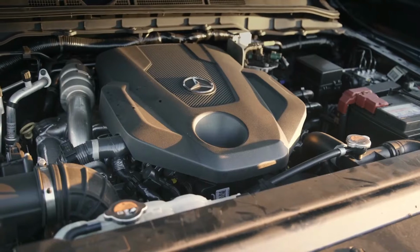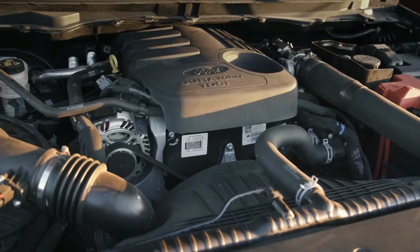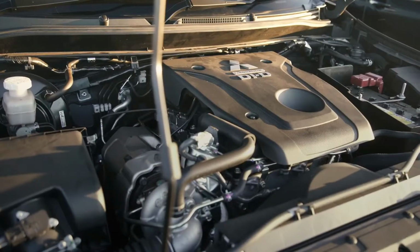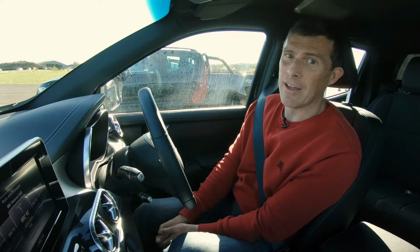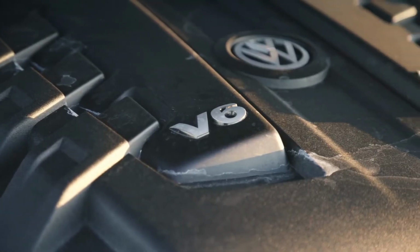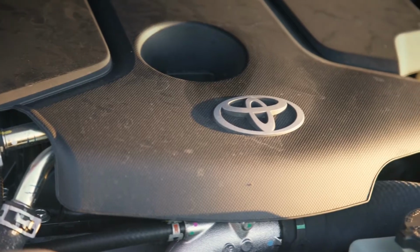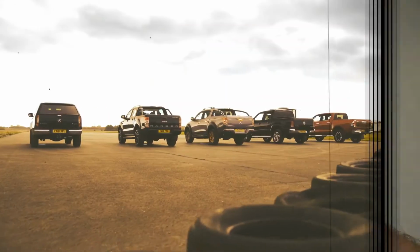Now, I've got a 2.2 litre diesel engine with 190 horsepower. That's also got a 2.2 litre diesel engine, but with 160 horsepower. The L200 has a 2.4 litre diesel engine with 181 horsepower. The Amarok has a 3 litre V6 diesel engine with 258 horsepower. The Toyota Hilux has a 2.4 litre diesel engine with 150 horsepower. Now we're going to have a drag race, but before we do...